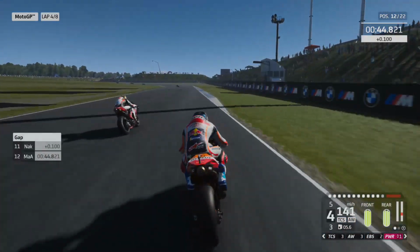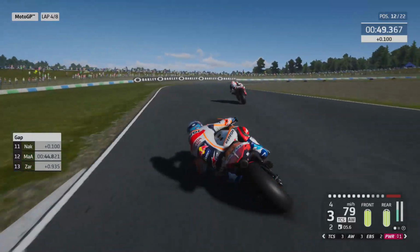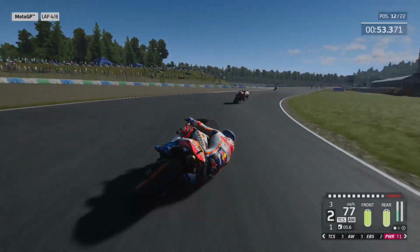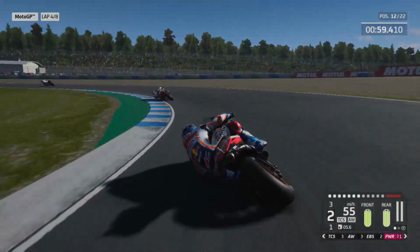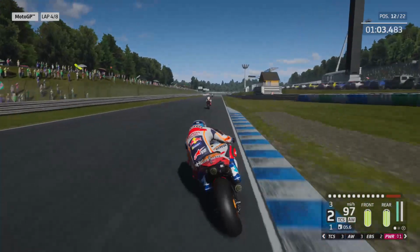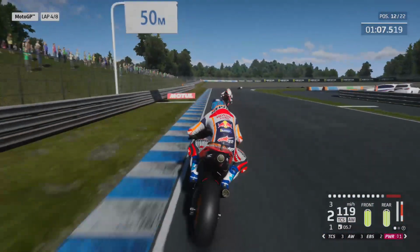Looks like we've got quite a bit more pace in Nakagami. Just got to wait it out and find the right time to pass him. So we have got 4 laps left to run in this race, so we could probably use a bit more of our fuel allowance on this next sector to try and make a move. Might be a little bit too far back for now,